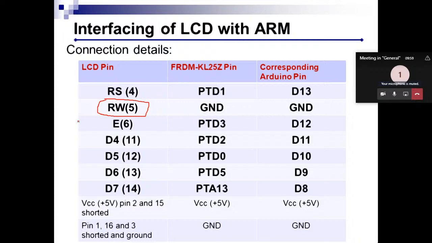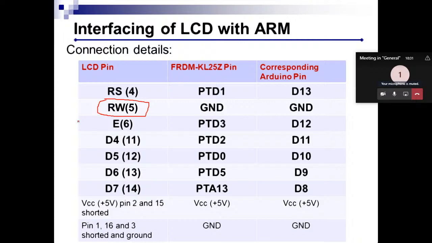Because whenever you send data to the LCD, it will take some time before it actually transmits the data. So if you know that time, let's say your LCD takes around 100 microseconds to write the data, and for safety you call a delay of 1 millisecond, then after 1 millisecond you are sure that the data will be written. So in that case you need not worry about checking the status of the LCD.